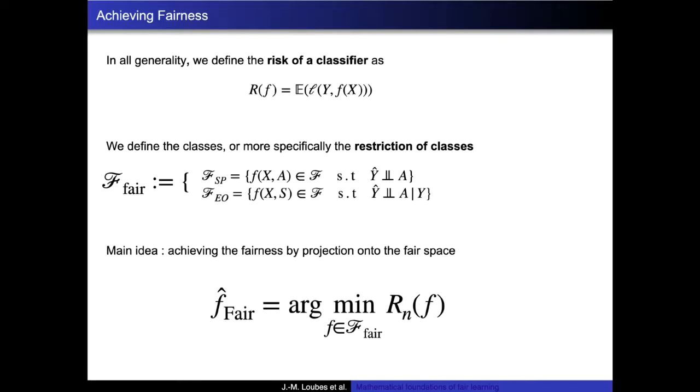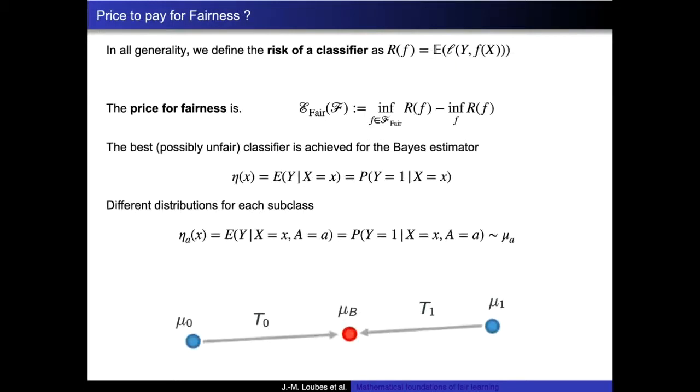So in this case, rather than minimizing over the set of functions, I want to restrict to the set of functions where I have this notion of independence. So this is a very abstract formulation, and the idea is first to see if this is feasible and what is my price